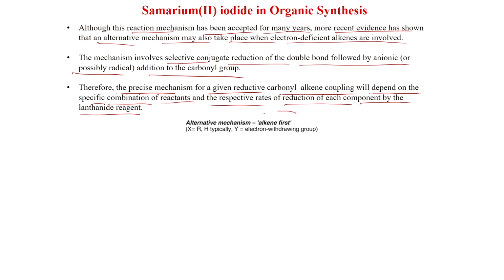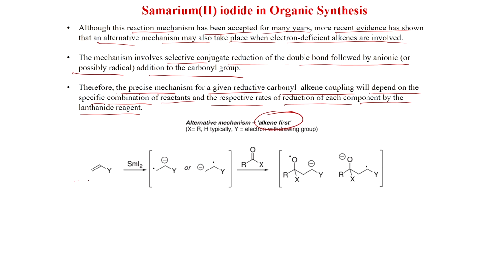So, here the alkene first is happening: the same substrate, electron deficient olefin, samarium iodide, the reduction is happening, and you get this radical anion. This can stay like this or this, and this can react with the carbonyl compound to generate this. So, if the radical reacts, then you generate this, or if the anion reacts, then the radical stays here. So, these two can form,